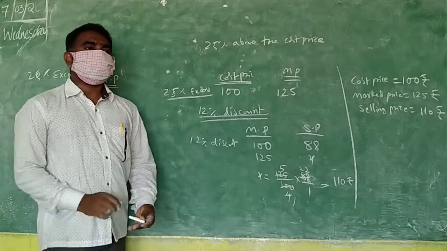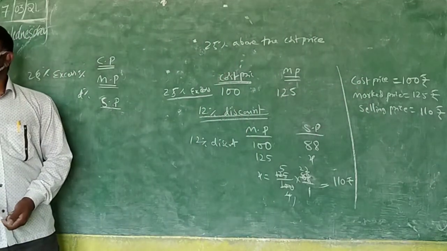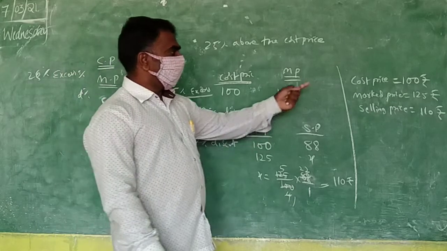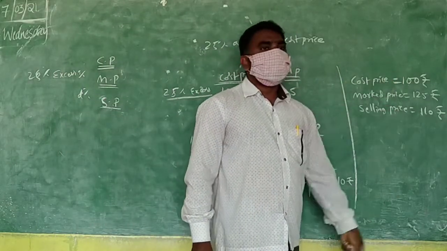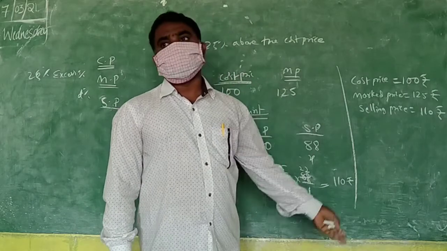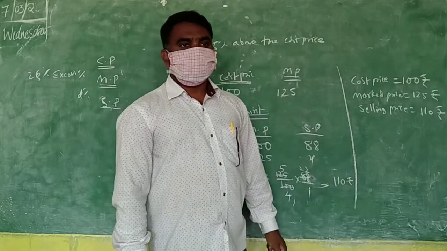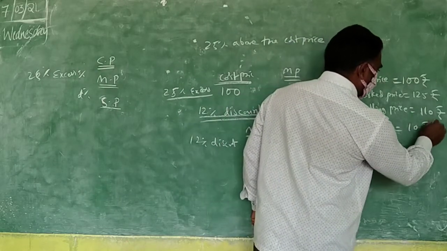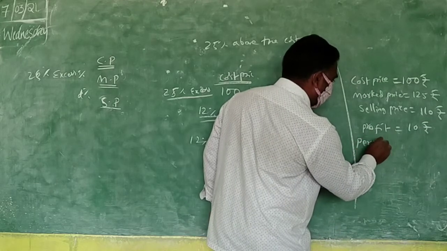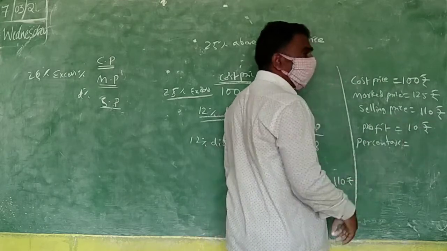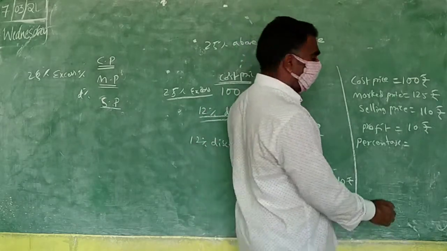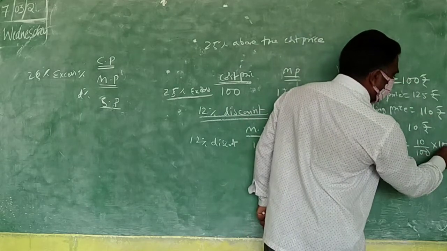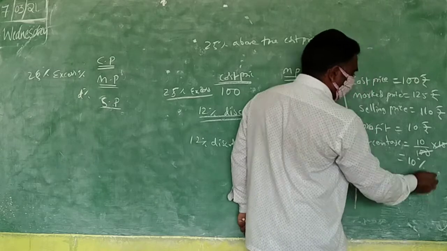So now can you find it? Did he get profit or loss? Profit only. How much profit? 10 rupees profit, no. He purchased it for 100 and sold it for 110. Even after giving the discount he is getting profit. So profit is equal to 10 rupees. Percentage, if you find, is 10%. Directly you can say, otherwise if you want to calculate: how to find profit percentage? 10 by CP into 100. 100 cancels. So what do you get? 10.